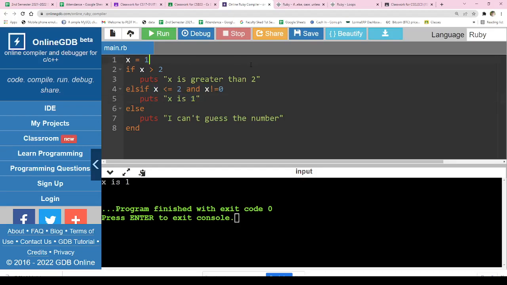Now for example, if it is 0, the first condition is false. 0 is greater than 2, false. 0 is less than or equal to 2, this is true, right? But then again, our next condition is x is not equal to 0. Is 0 not equal to 0? This is false. But we are using the AND. So for the AND, by the way,